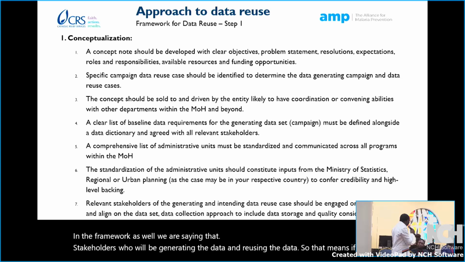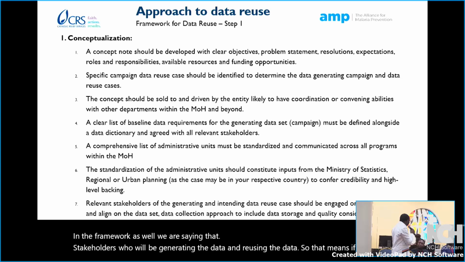the fact that the malaria team is the one that is leading the generation of the data and advocating the reuse of the data does not mean they should keep and manage that data, the database and so on. We've seen a significant problem where, because the data is with the NMCP team, other programs are reluctant to use it.